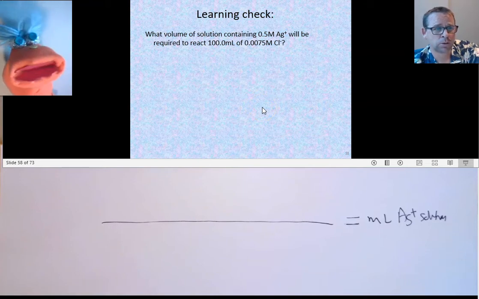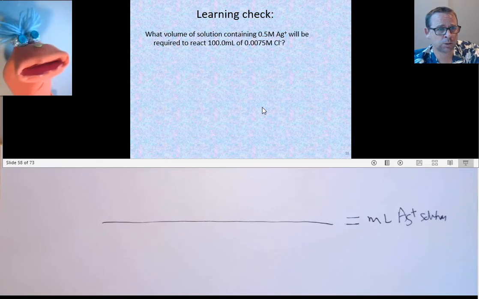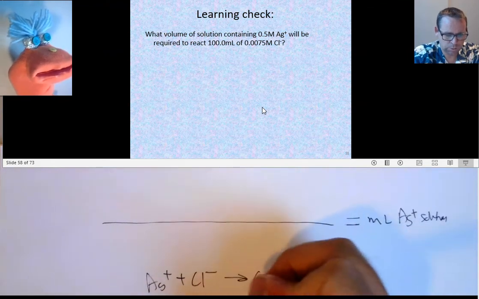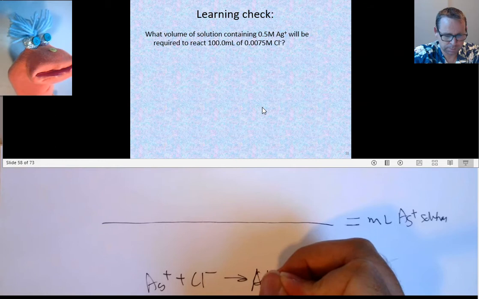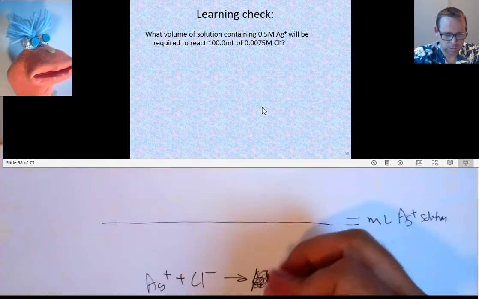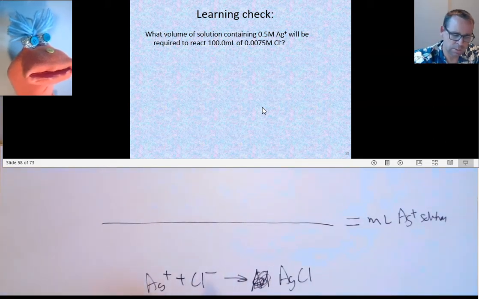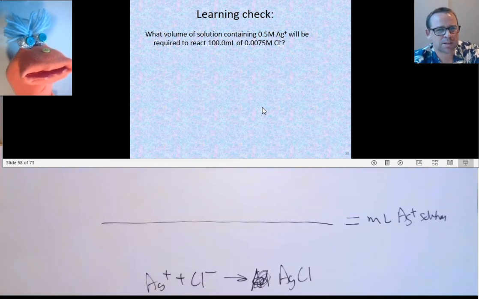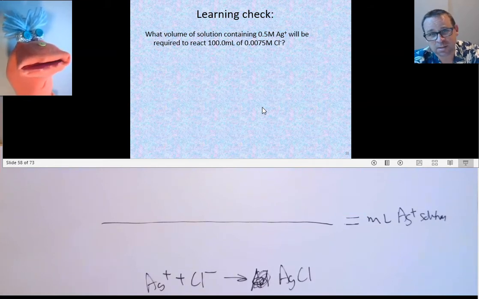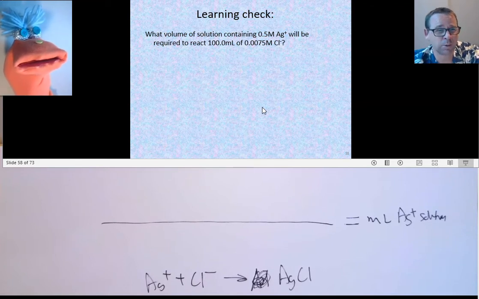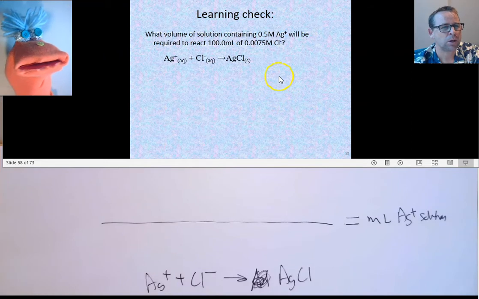I guess. So silver and chloride would come together in a 1-to-1 ratio. Very good. So I can just write this, AgCl. There we go. So silver ions coming together with chlorides in a 1-to-1 ratio makes our silver chloride. So that's a chemical reaction. That's all we need to know, and that's all we were given in terms of amounts of the different reactants in our net ionic equation. Okay, so with that equation, we can